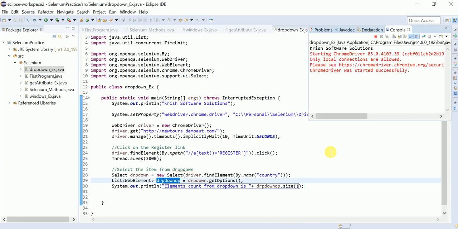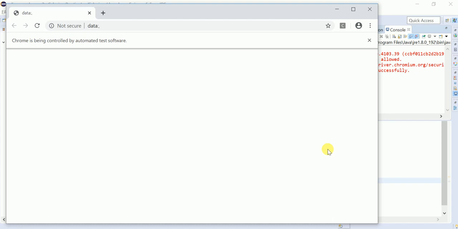Chris Software Solutions is printed and the browser is launched successfully. It is going to load your URL, and also you need to play with all the controls, then you will become perfect in Selenium.